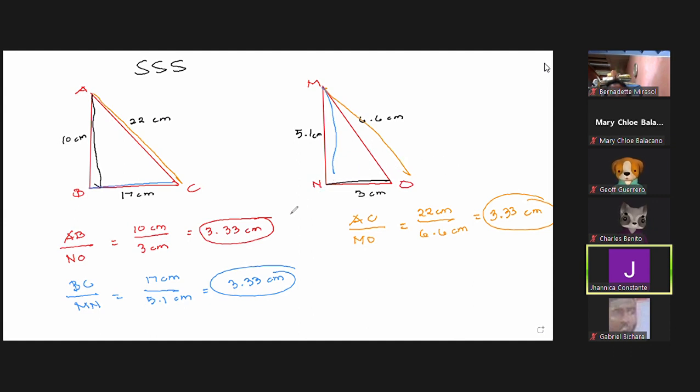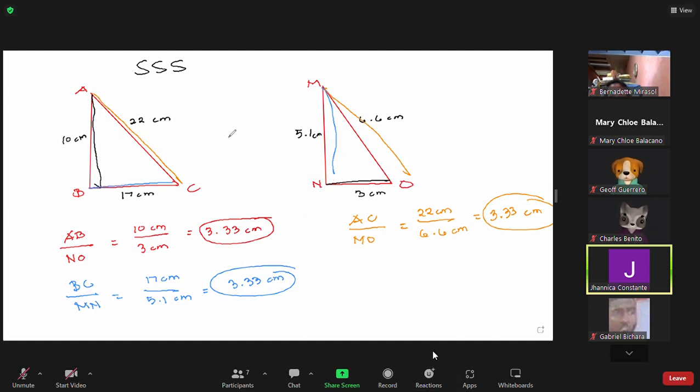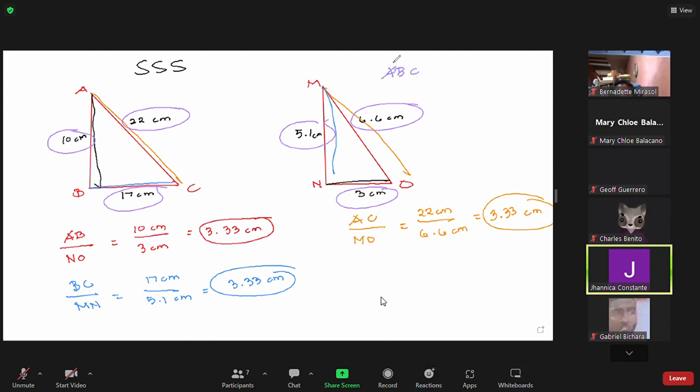Okay, now with the side theorem, kahit hindi pare-parehas yung measurement ni triangle when it comes to its side, we can still identify or prove that triangle ABC is congruent to triangle MNO because the ratios of its corresponding sides are the same, which is equal to 3.33. Mas madali kung pare-parehas ang